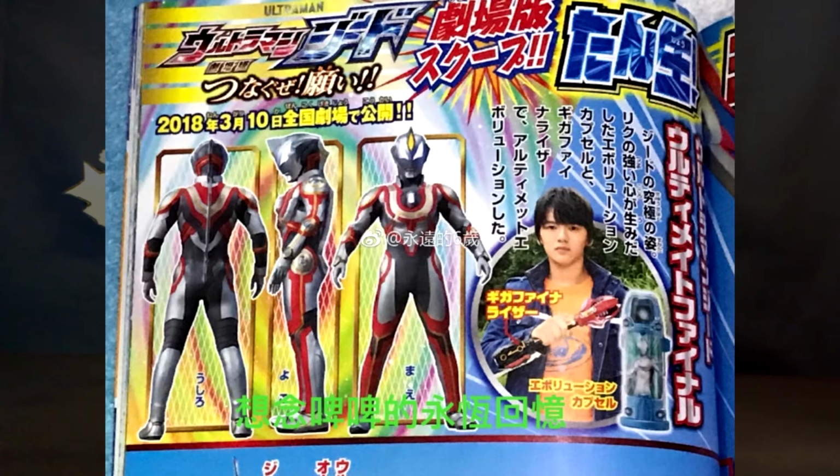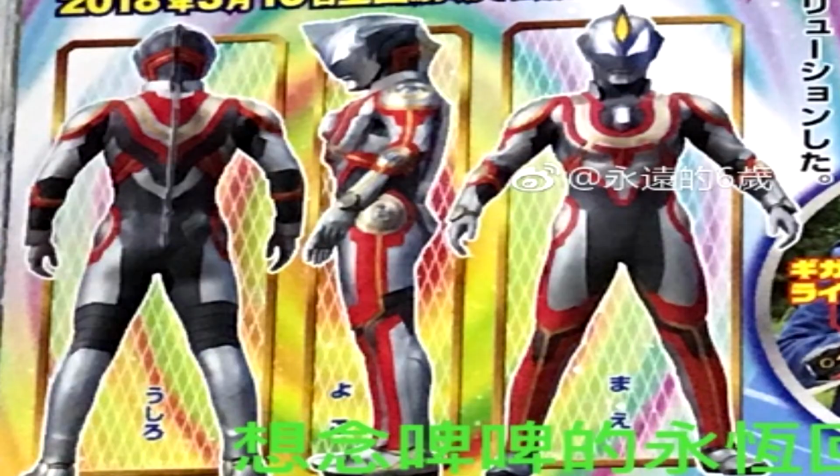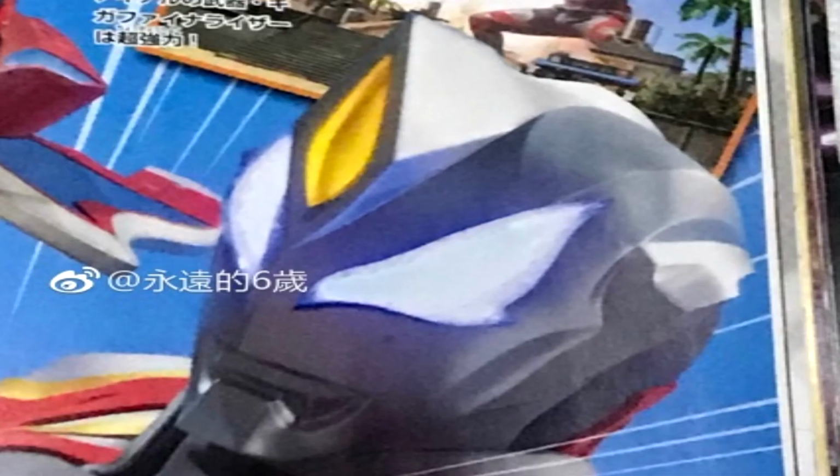Next up, we've got Jeed's movie form. It's called Ultimate Final, and it looks really dumb. The body looks kinda cool, but the head doesn't. You know how Jeed's most aesthetically pleasing feature is his giant head fin? Let's get rid of that, and let's take the thing that's on Ultraman Dyna's forehead and just kinda slap it